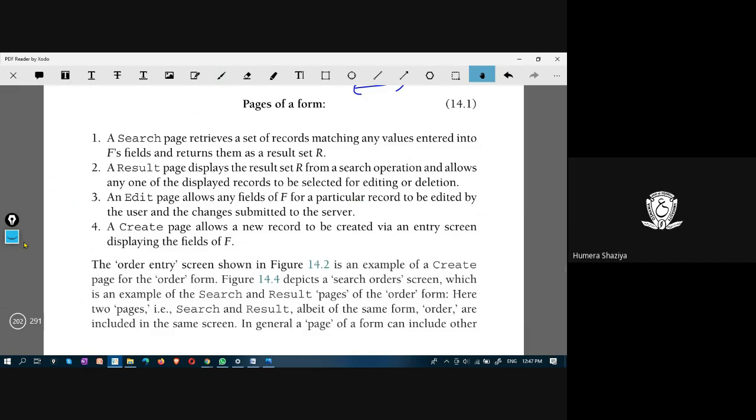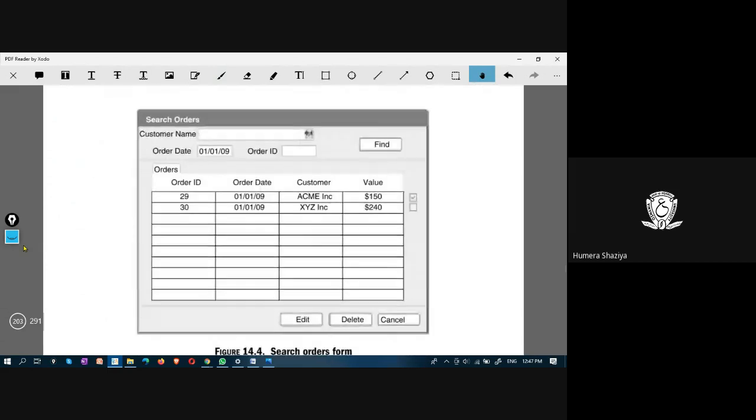It will give the result. You try to register, and later you try to edit your address. That is the edit page. Create is to create a new record. When you register, you become a registered user and your details are entered in the database. So these are different pages.